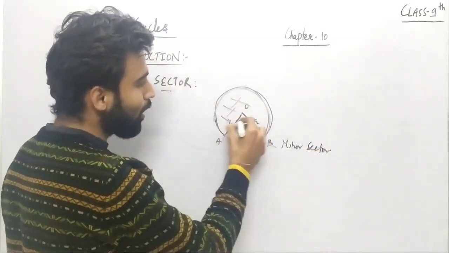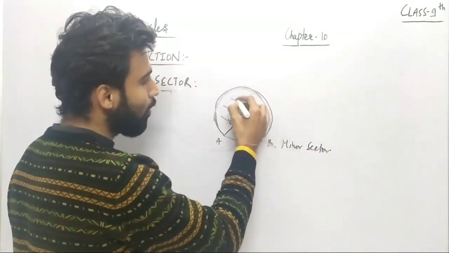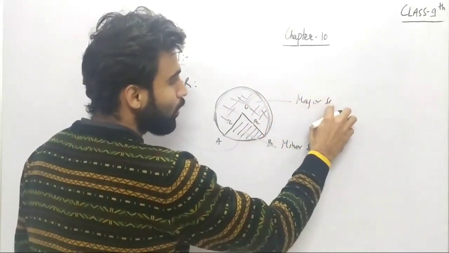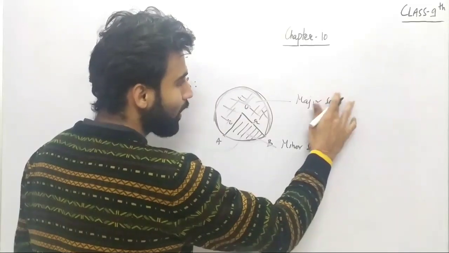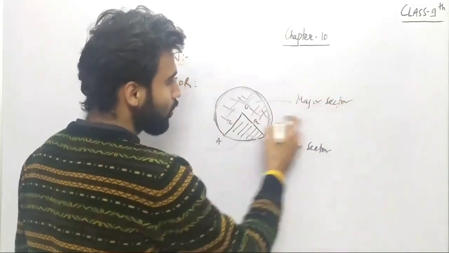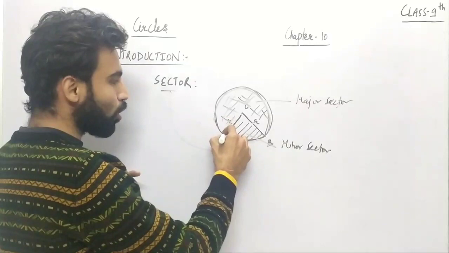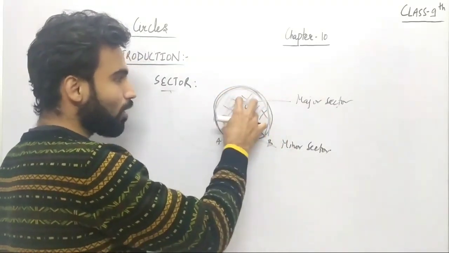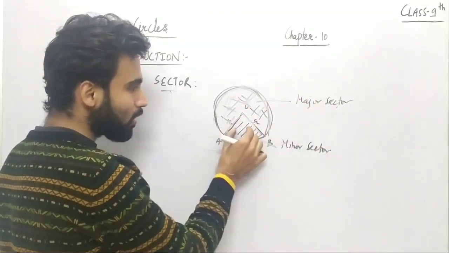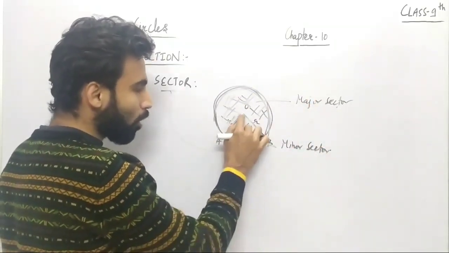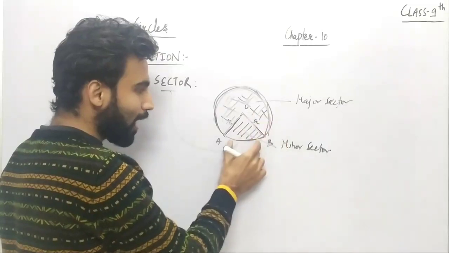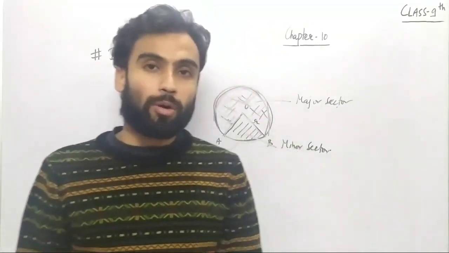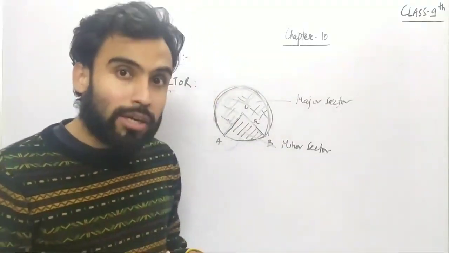So you can see the other remaining area will then be known as major sector, right? You can see this area is greater here. Let me write it clearly. So ये area ज़्यादा है. You can see that is also in correspondence with the major arc and two radii. So this will be known as the major sector, and this in the correspondence of two radii and the minor arc will be known as the minor sector, right? So now I hope you have understood about the arc,